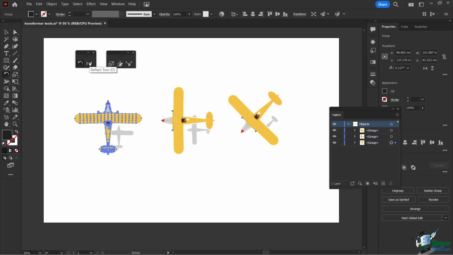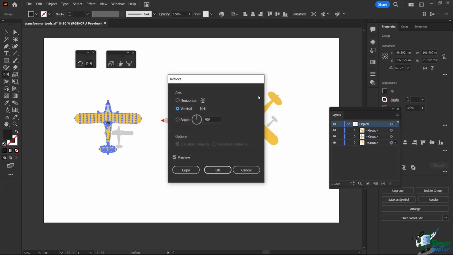Reflection is going to be really important for when you are drawing out objects. Sometimes you have just one half of an object. Let's say you're drawing out a wine bottle or a face. The other side of that object is going to be identical to the one that you've drawn on the left-hand side. You might just want to reflect it. In this case, I just want to reflect it, so we're going to have a little bit of a different side to it. So I'm just going to double click on that,